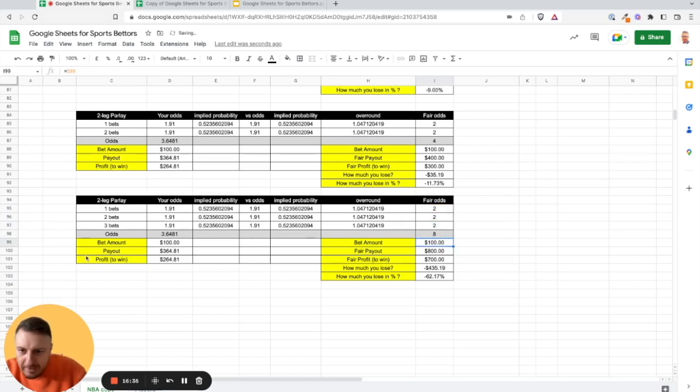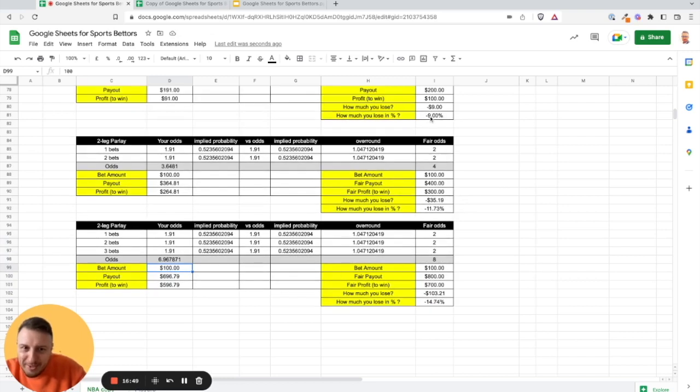You can do like this, and the same here. I will add one more because we are adding one more, and as you see, you're now losing 14.74%. So with a single bet you lose 9%. With double you lose 11.73%. With this 3 leg bet,